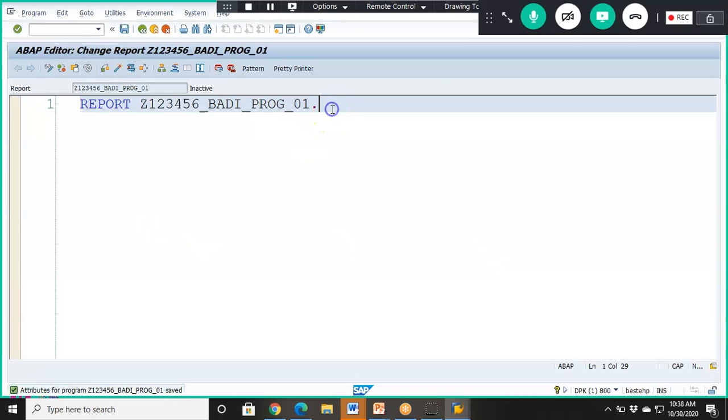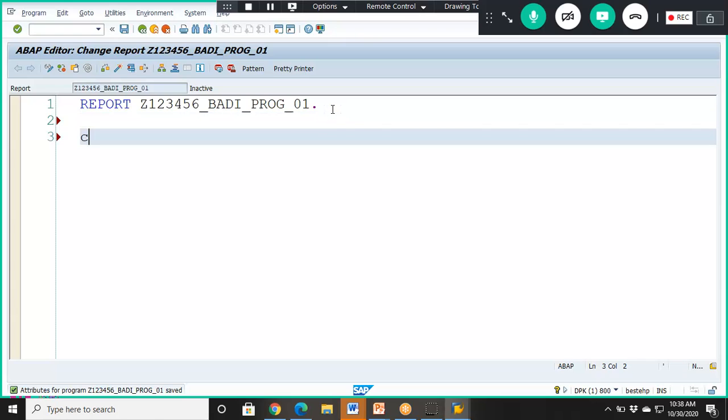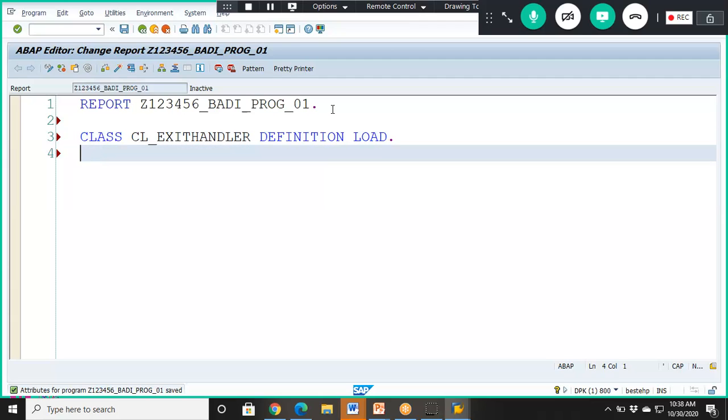Then we are going to go ahead with class cl_exit_handler. This is something which is mandatory. cl_exit_handler definition load. So we need to write the definition load, so that the definition of this particular cl_exit_handler, which is already existing, will be loaded. This is not mandatory in the latest version because it's something which we used to write previously. So now I'm writing l_badi_instance